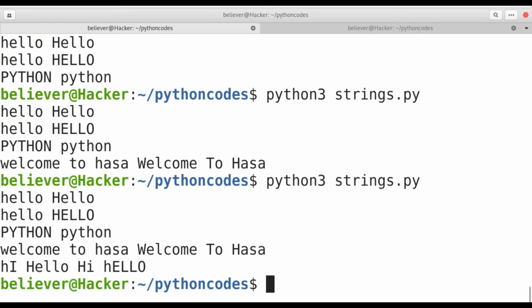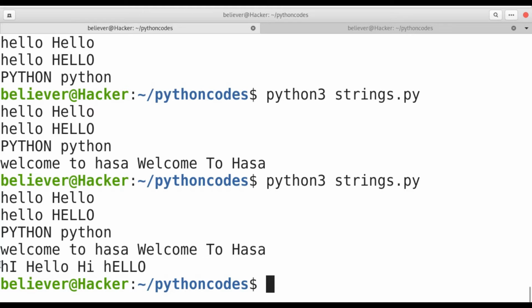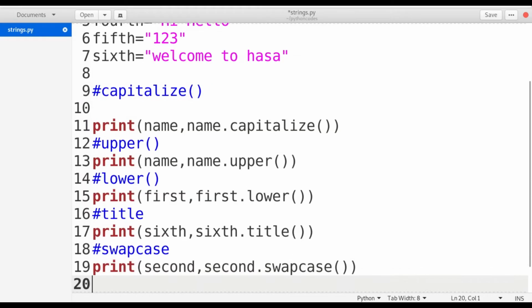If you see here, the characters are converted into the swapped case. If I have a small h, I am getting a capital H. If I have a capital I, I am getting a small i. So the characters of the string are swapped into the other case. That is the use of swap case.